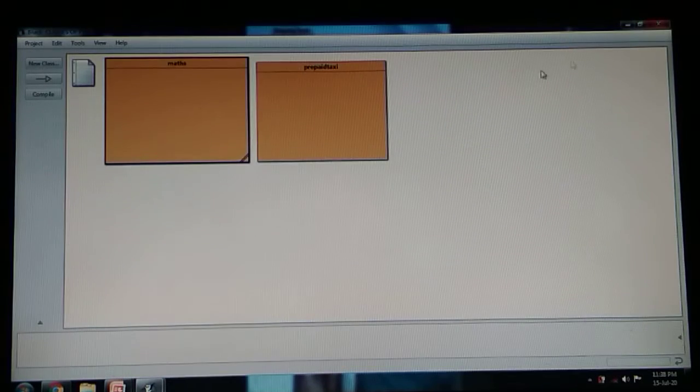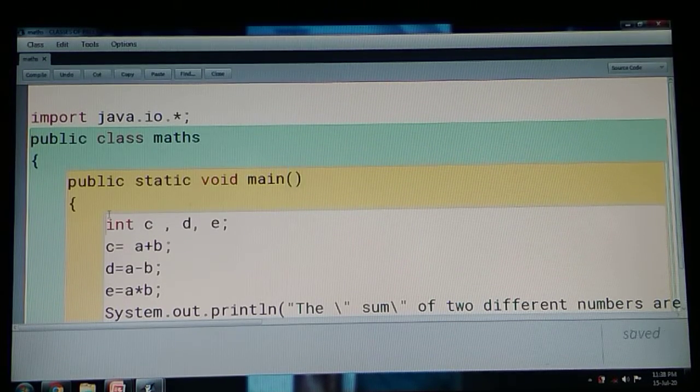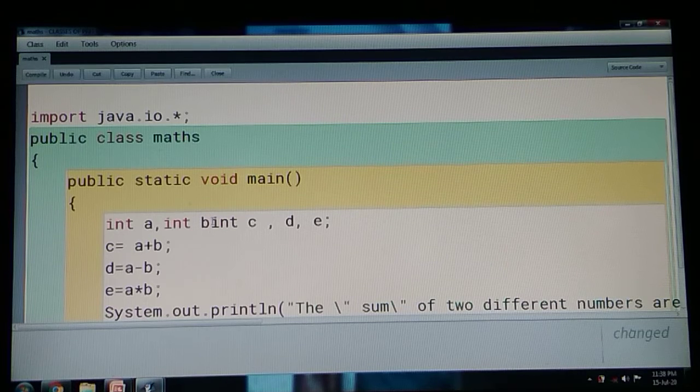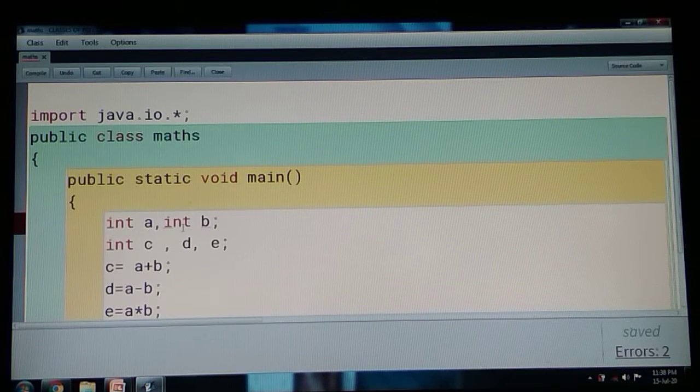Now if we initialize the variable here only, I am cutting this from here and pasting it here. Now you can see int a, int b.